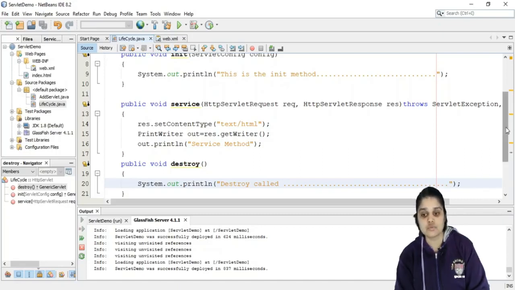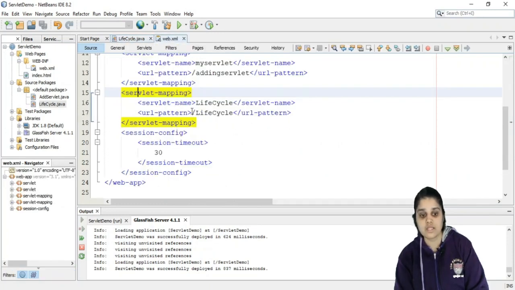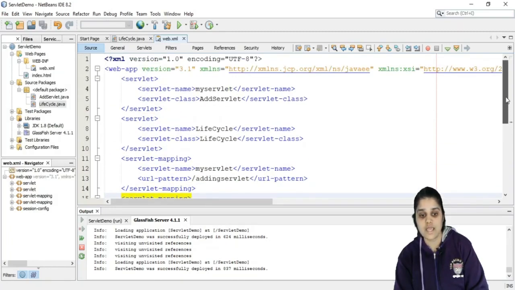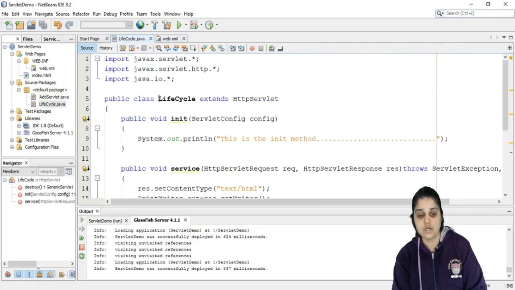So what happens in this program is, when I run this code, Tomcat is going to read the web.xml file. From the web.xml file, Tomcat is going to find out that this program is supposed to be run. So it will move to the servlet tag with this name, and it is going to find this class. It is going to run this particular code. Now the object will be created. First of all, the object for lifecycle will be created and the constructor for lifecycle will be called. So this program will start running.